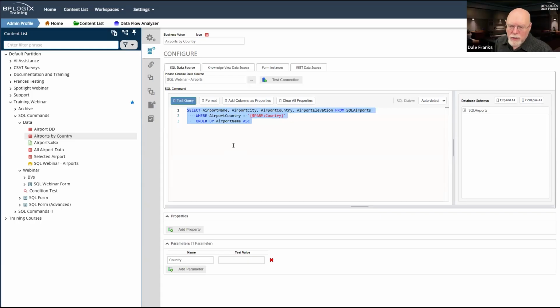And stored procedures can run many SQL commands in the order in which you desire. And so you might have some SQL commands that alter data, some that delete data, and then some that return data to you that you would use to place into a form or whatever. So it's not an absolute ban on using update commands or delete commands in a business value. You can do it.